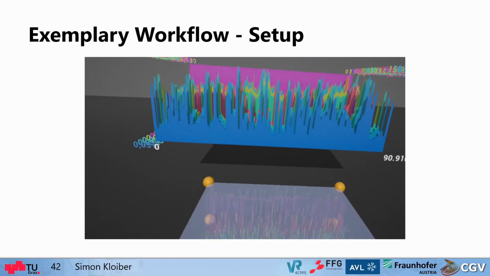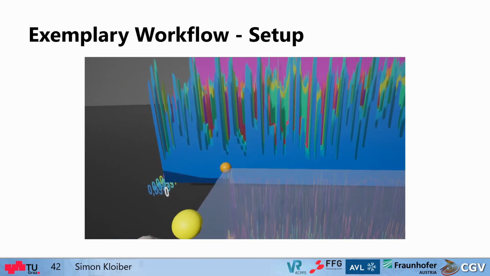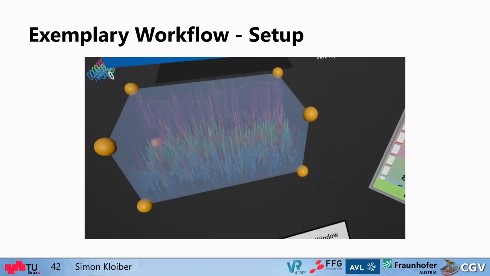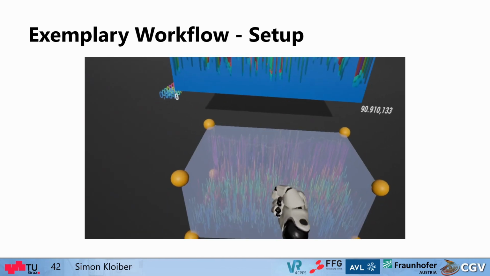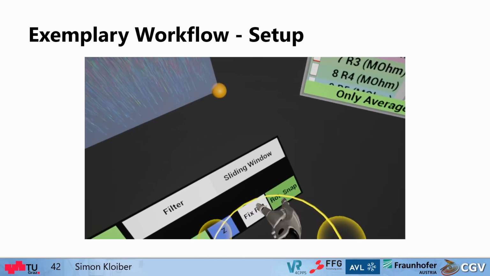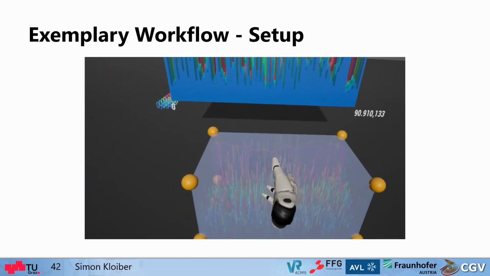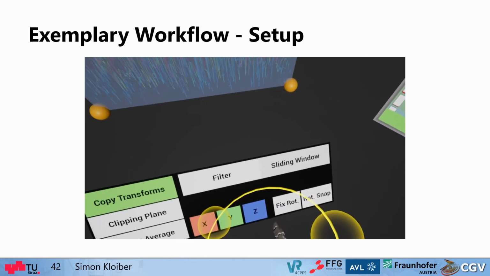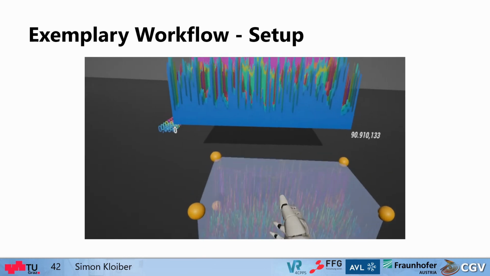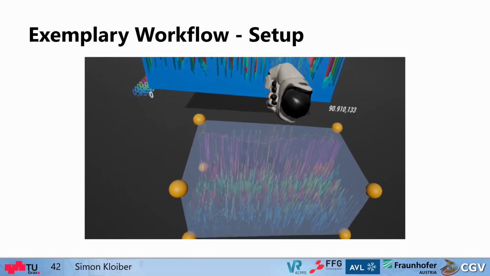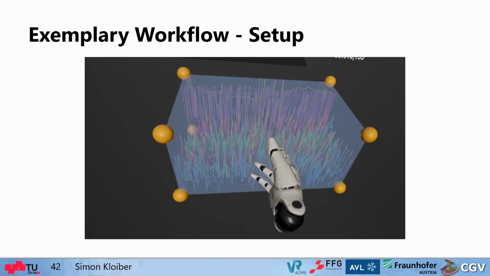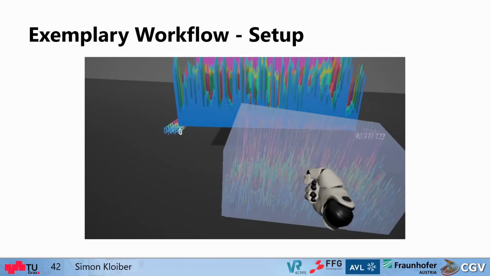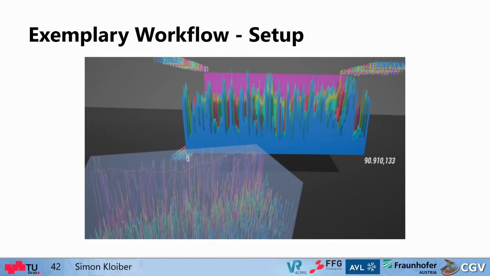Here you can see how we can interact with the visualization, move it around, we can scale it. We can, for example, fix the rotations or snap them to certain angles. If you only want to move the data but not rotate it, for example, you can fix the rotation. If you want to slide it from left to right, you can disable the other axis while moving it. You can interact with all the user interface elements either with the fingers or with a ranged interaction, and you can disable the copying of transformations entirely.